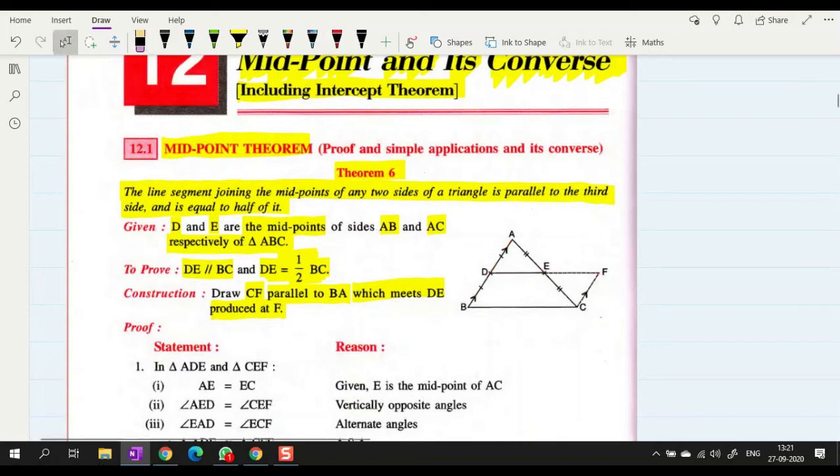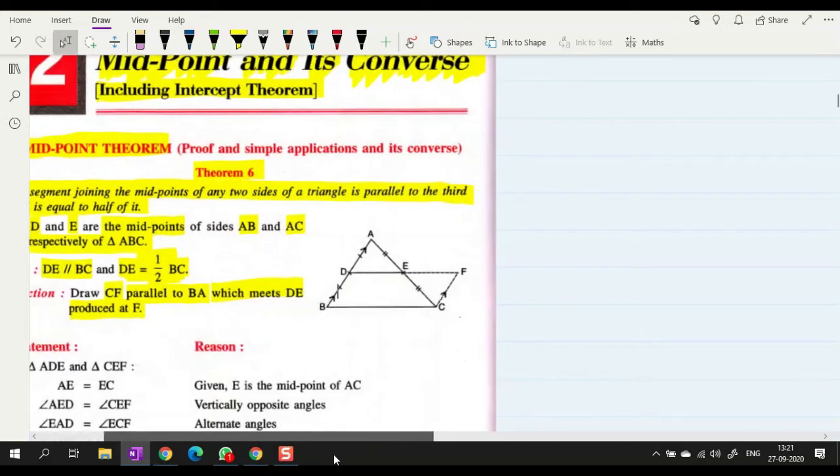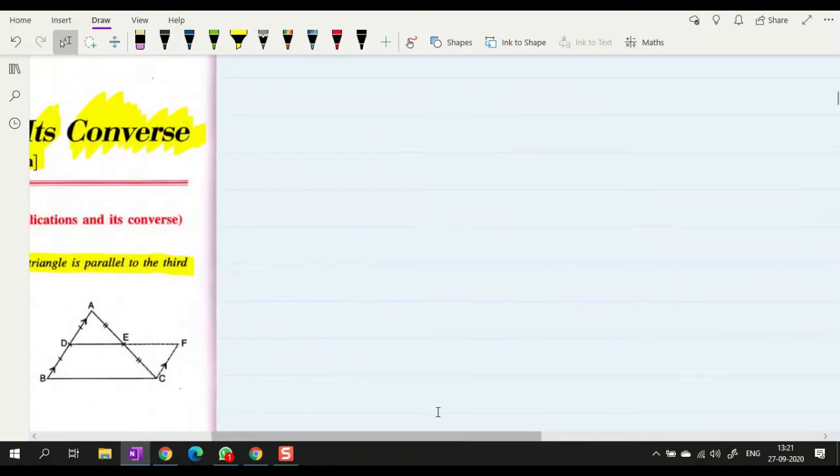Great. So how do we prove it? Let's take it to the other side. Just focus on the diagram. I'm not showing you the proof yet; I will write the whole proof and then show you. Proof. Now see what we have to prove. We have to prove that DE is parallel to BC and DE is half of BC. For proving this, you need to consider two triangles and prove them congruent.